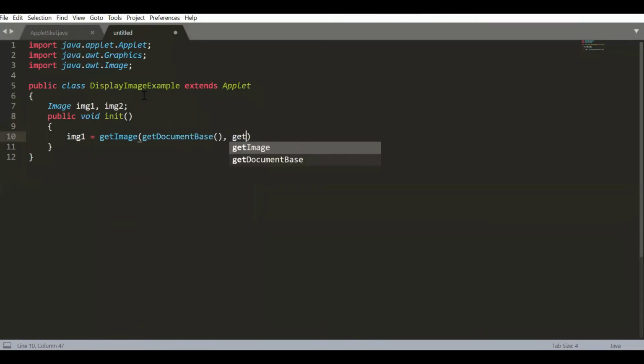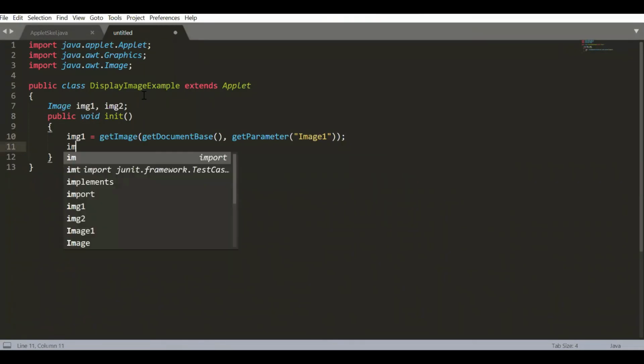Give the parameters for the image. We'll define it here as image1 and image2 and then declare it in the applet code, so that it knows which images we are going to load to display. Right now we'll name it image1. So this will be our first image. Similarly for image2.